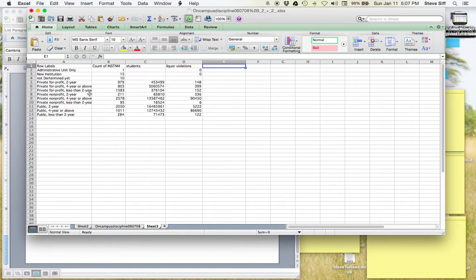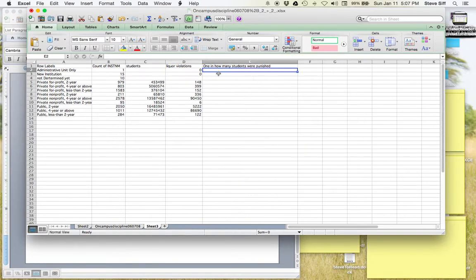So if we want to know how many students of this many students at that kind of school got a liquor violation, I'm going to label it a violation. Receiving a violation, I think, is